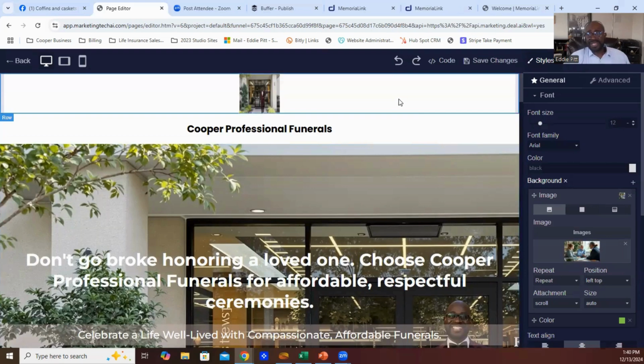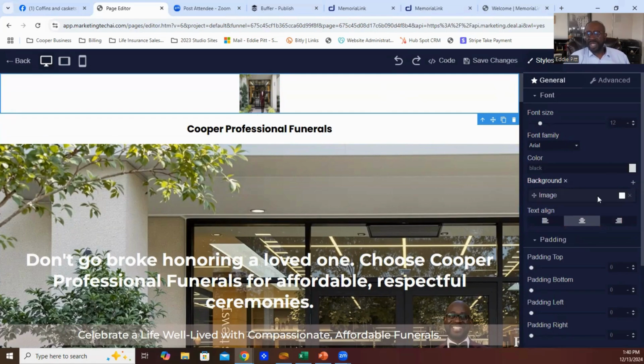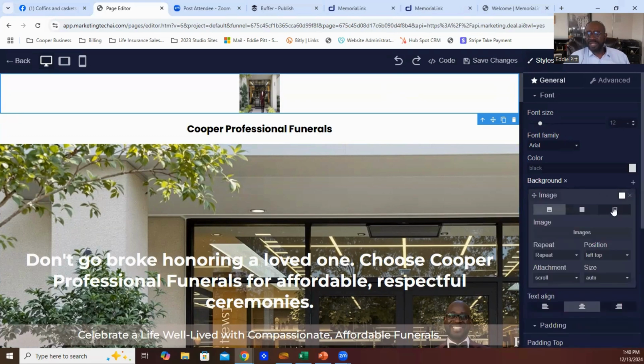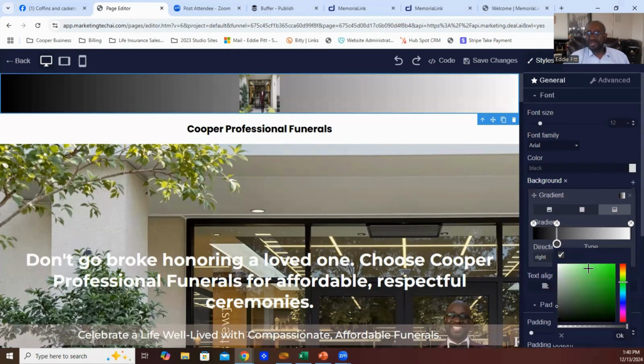You can even come back to the top. And again, it's important to know where all of these buttons are and where to go for a certain direction. At the top here, this would be your logo. You may want to put something behind the logo. Let's go with another background. This time, not an image, but maybe a gradient, as you can see. And you want to change the color of that. Let's go with some level of green since it's in the tree, something like that.